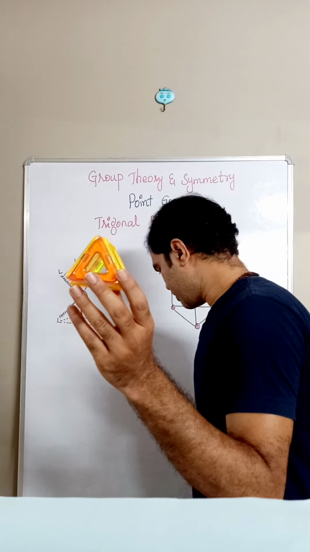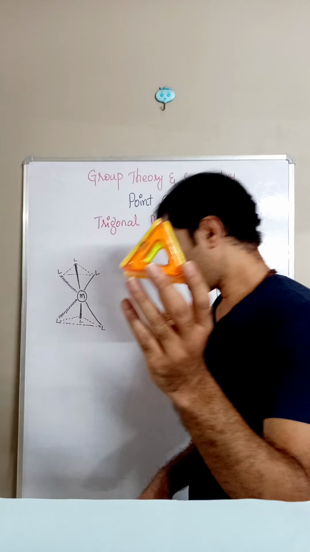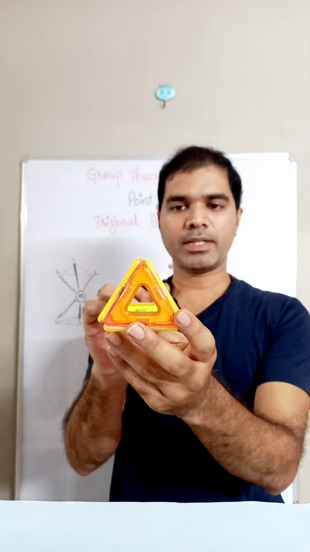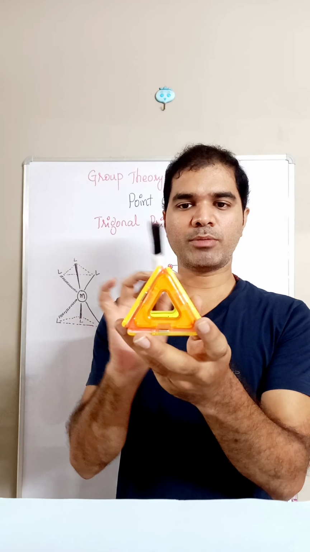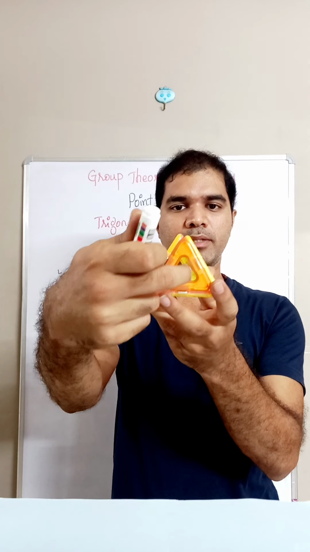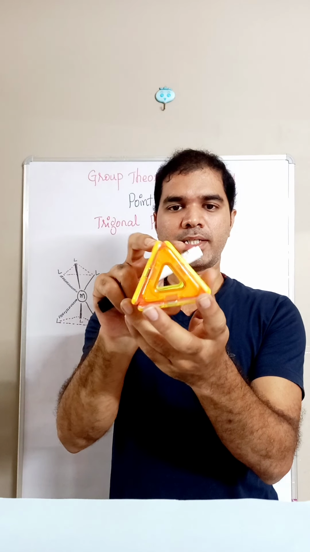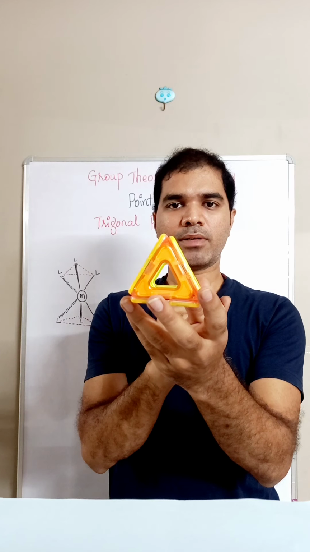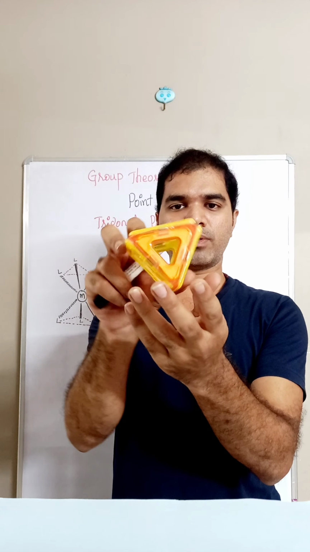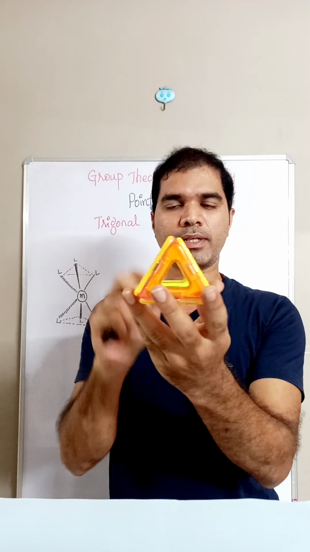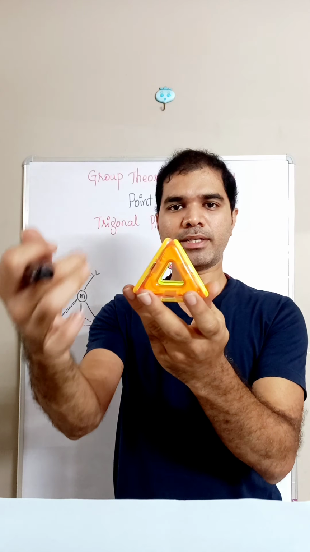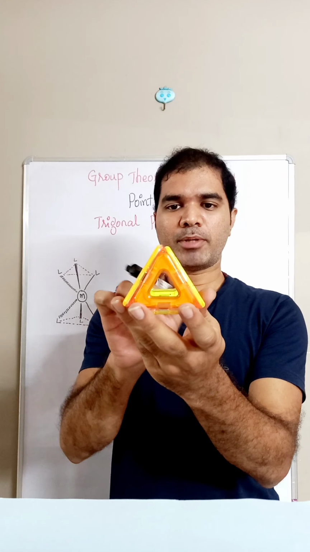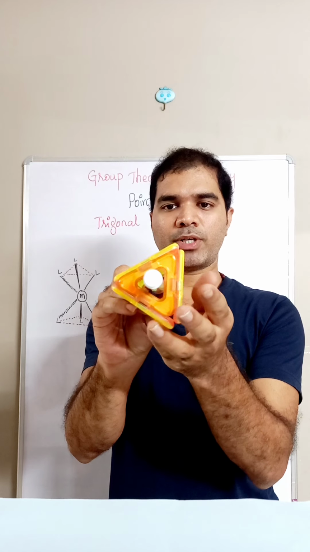Coming to the symmetry point group, there are 2 triangles that are identical to one another. Hence we can assume a C3 to be present, and this is the axis pointing C3. As I rotate by 120 degree, it is giving an equivalent configuration. So rotation by another 240 degree would produce an identical configuration. Altogether we have rotated by 360 degree. Apart from this C3, here is a C3. Now through this I am rotating it.